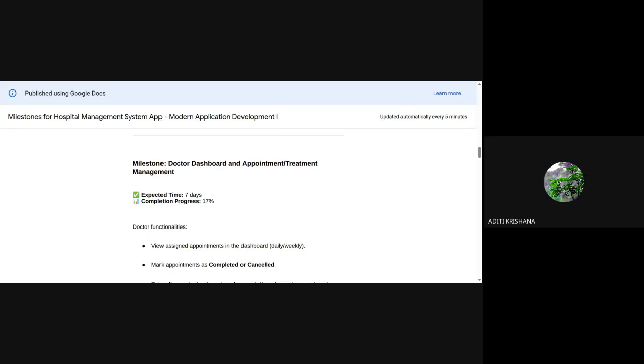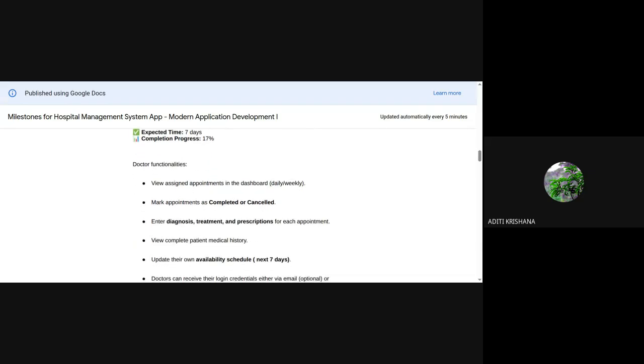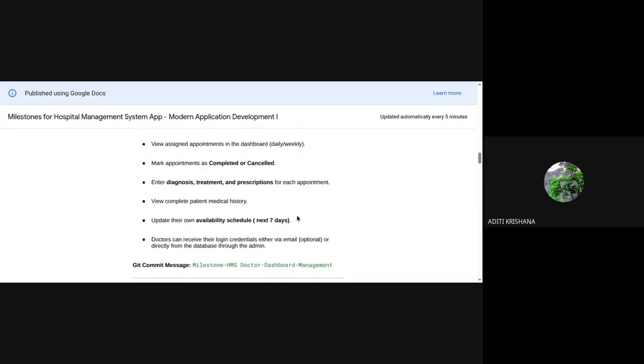I will show you that and why it is necessary. In the doctor's dashboard, when the doctor logs in and comes into the dashboard, first of all he will be updating his availability.